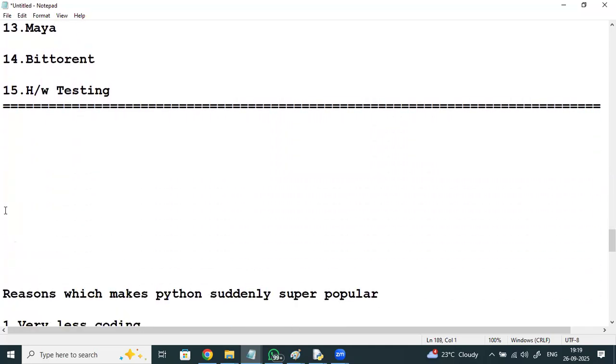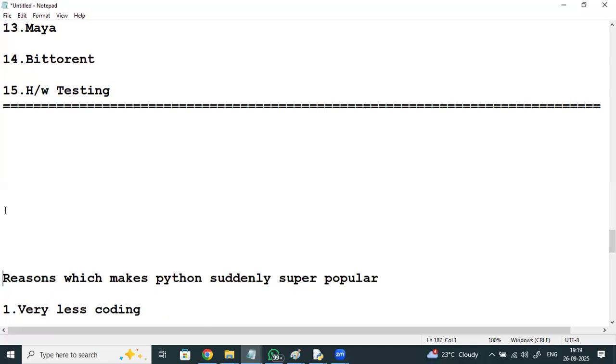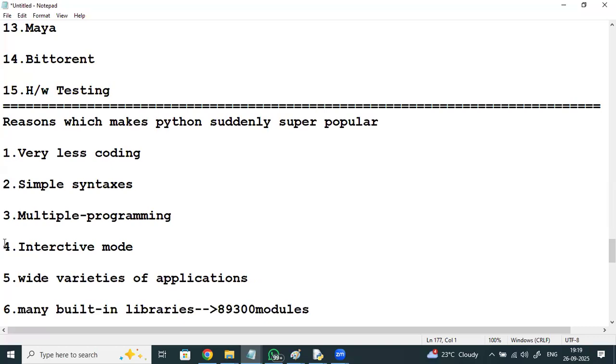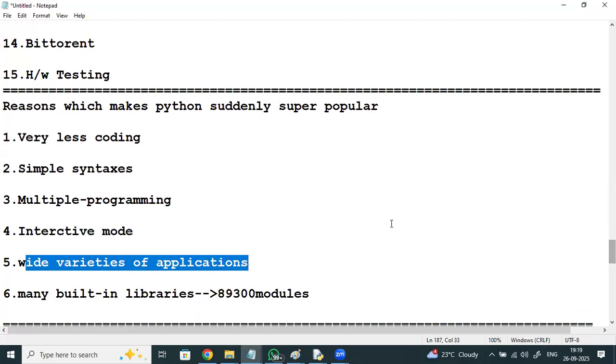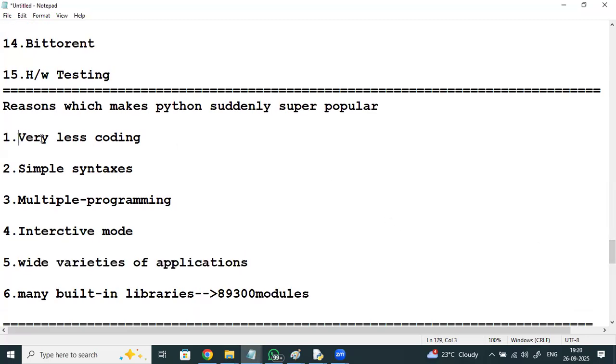And the reasons which make Python suddenly super popular: very less coding, simple syntax, multiple programming features, interactive mode, wide varieties of applications, and many built-in libraries, thousands of modules. Most programmers and developers are attracted towards Python because of its very less coding, simple syntax, and multi-programming features.